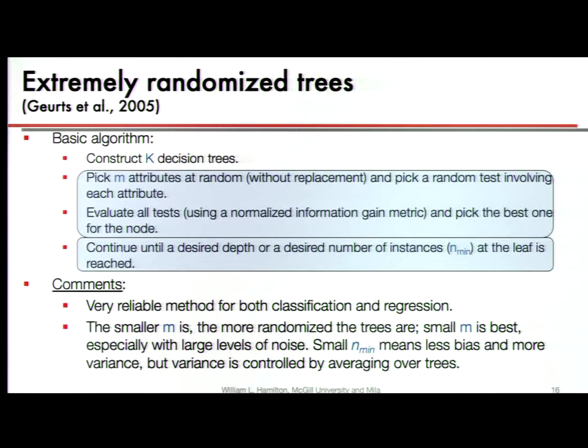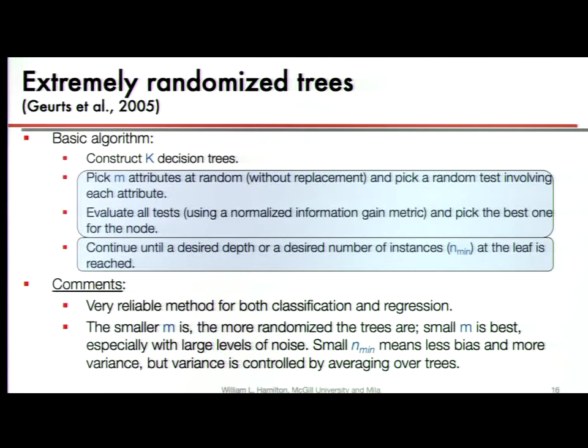And generally, the smaller m is, so the less candidate tests we're evaluating over, the smaller our random set of things we can search over is, the more high variance our model is. So in the extreme case, if m was just basically 1, then we'd just be making random tests in our tree. That's not going to do that well, but there's a trade-off here. And again, it seems crazy. We're basically crippling the decision tree learning. Instead of finding the best decision tree, we're injecting noise and finding the best decision tree we can, conditioned on the fact that we're only allowed to look at a small number of random tests.